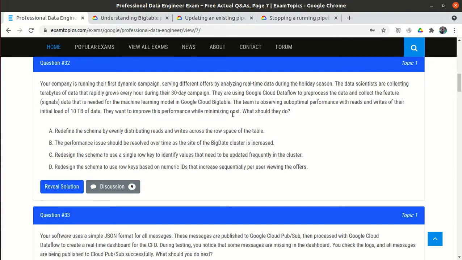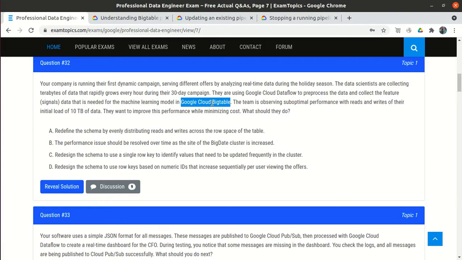Basically, in this question, there is a campaign running for 30 days during the holiday season, and the data is rapidly growing. Our data scientists are collecting that data, and they are using Cloud Dataflow pipelines to pre-process the data and store it in Google Cloud Bigtable.